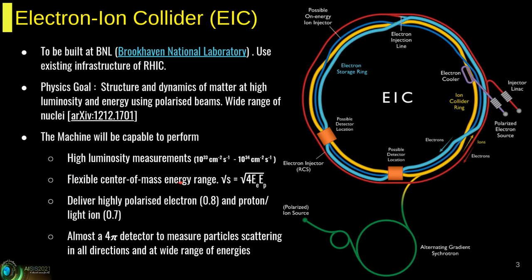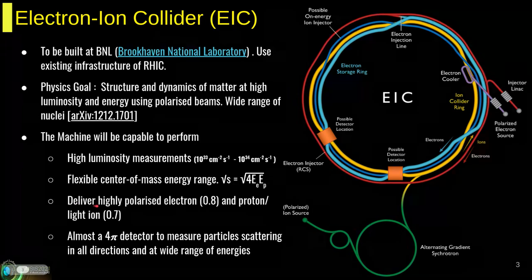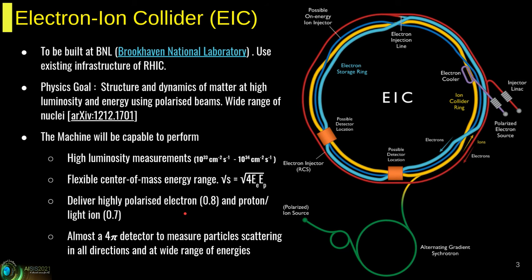EIC detector system will be able to offer a flexible center of mass energy range between 20 to 140 GeV, which is broad enough to explore sufficient resonances. Also, EIC will be equipped to deliver highly polarized beam of leptons and hadrons, which collide to produce a ton of particles in all directions and varying energy. These particles will be measured using nearly a 4 pi detector that will be constructed. EIC has two interaction points, namely the IP6 and the IP8 in its proposal. The colors here represent different storage and collider ring for the hadrons and the leptons that will be accelerated in